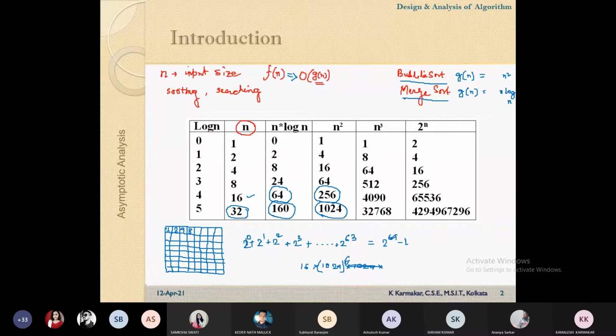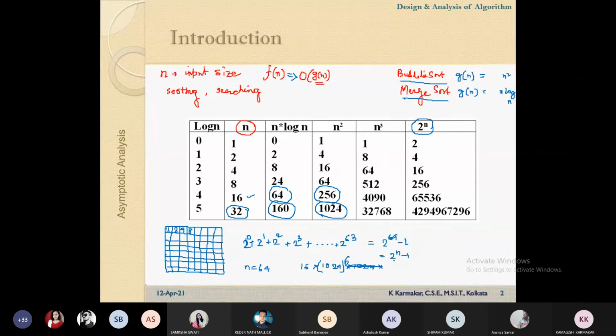So this is basically just to understand what the growth of the function is. If the complexity of an algorithm is exponential, like 2 to the power n, how many cells do we have? Total number of cells on the chessboard is 64. So n equals 64, and so 2 to the power 64. This is the value. Here we can find that it's 2 to the power n minus 1.